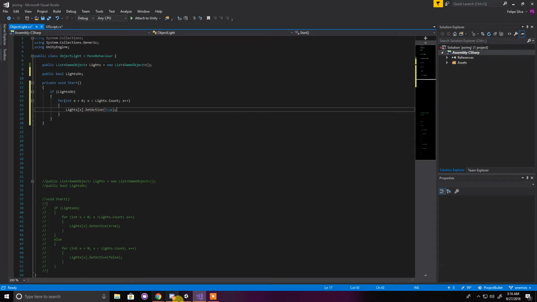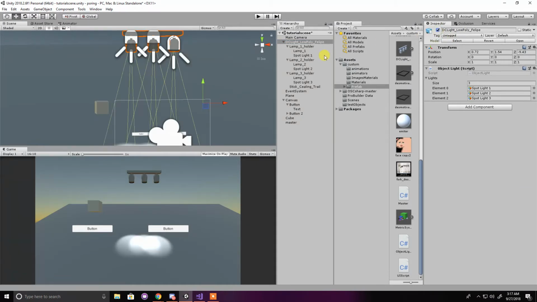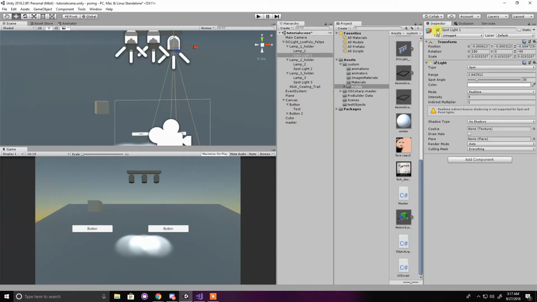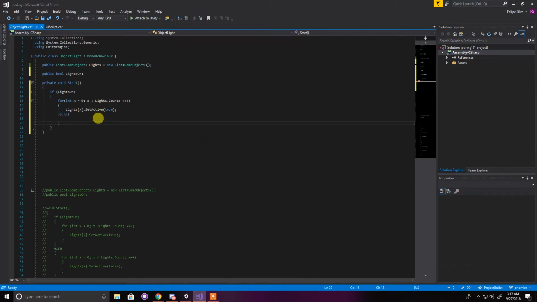And this is going to toggle this upper box here. So right now with this we're just turning on all the lights. And we can make an else, which means if